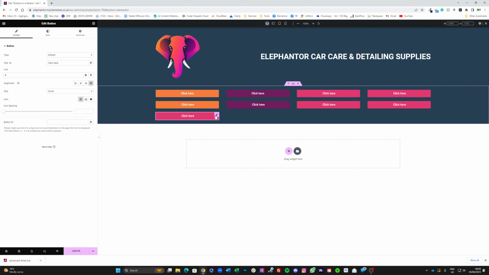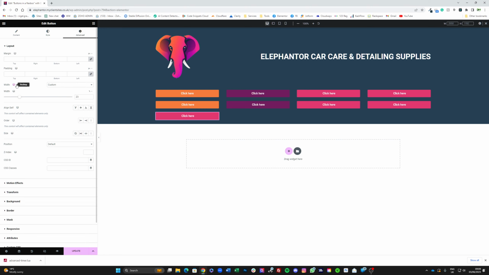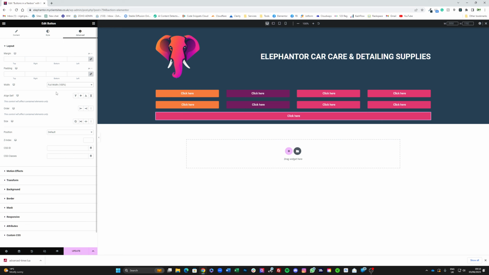look at our widget here. You check the settings we've got here. There's a number of things we can do. We can align it. You can use its own alignment. If you go to click on the widget, go to advanced, we've got the width here. What happens if I try and make that full width? Aha, there we go. Okay, so now this is a way to balance an uneven number of buttons, and maybe